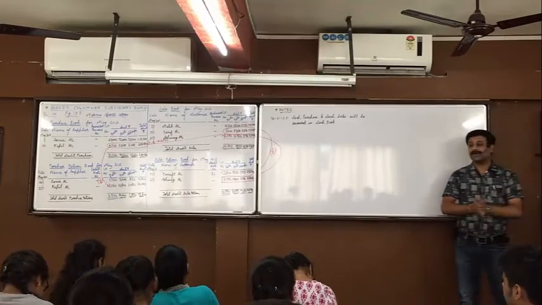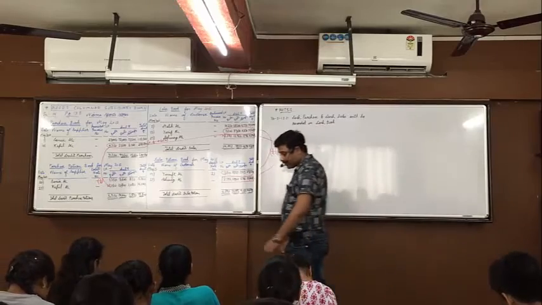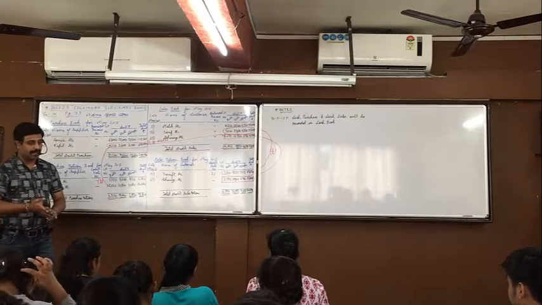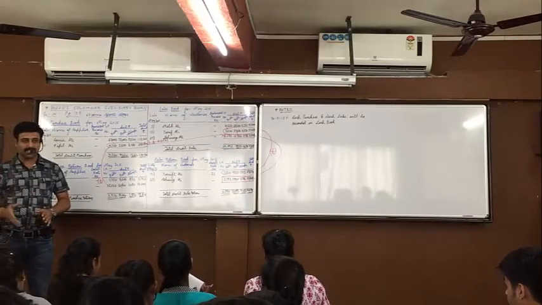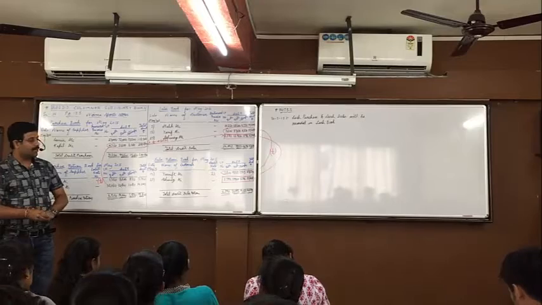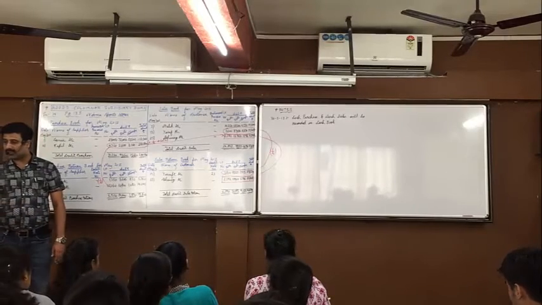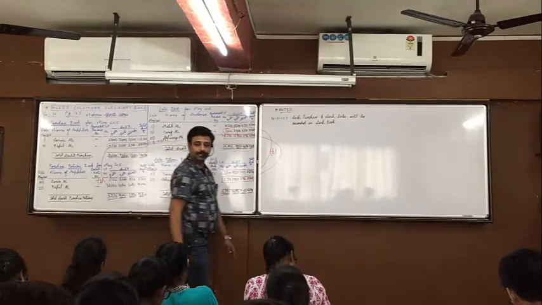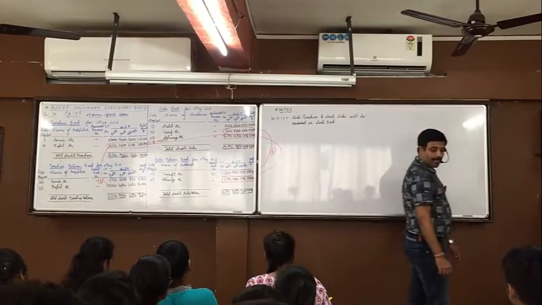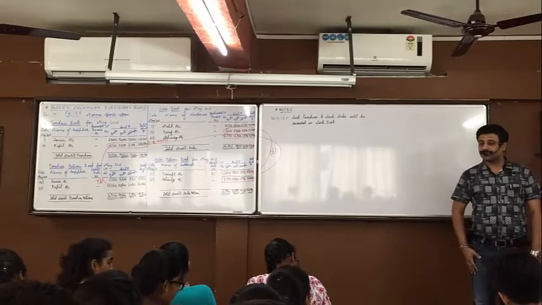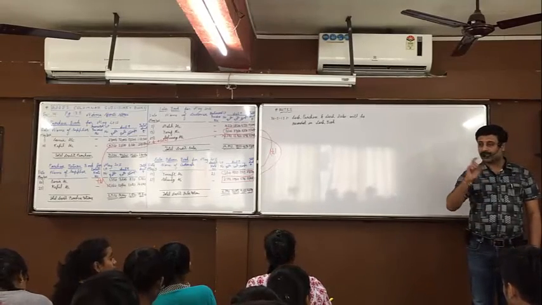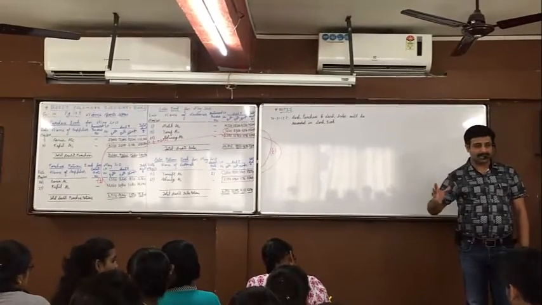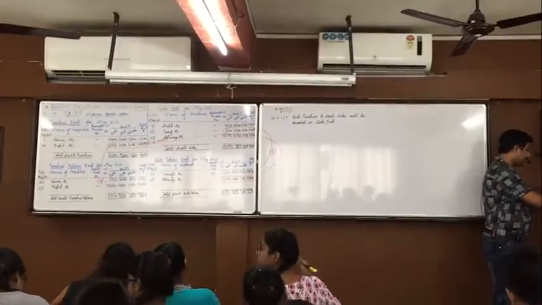So, all are clear with this? How to do it? This type of question can come in exams, okay? And it will be 6 to 8 marks if it comes in exams. They may ask you simple book also, they may ask you columnar also. It doesn't make any difference. Calculations are to be done in the same manner. Anyone who is not clear with this? So all of you will try one question completely on your own. Only purchase book is to be made. It should be over in around 7 to 8 minutes.